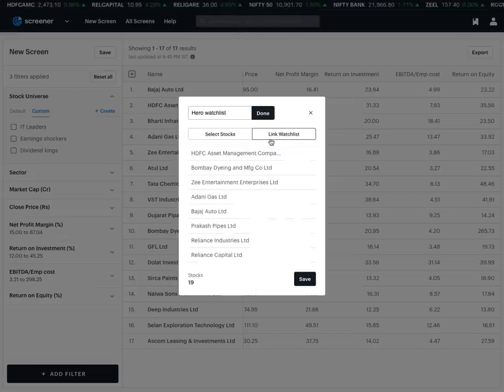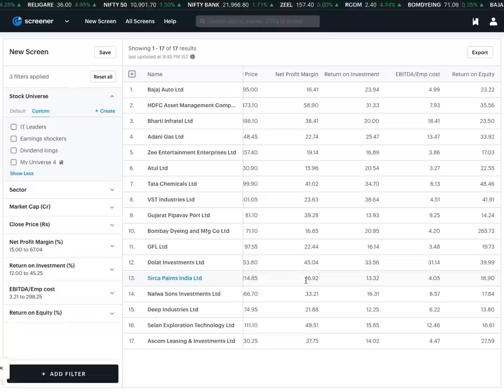Then I would create this, or otherwise I can just link my watch list. So let's go with the easy example in this one. Let's just link the watch list. Done. So my universe 4 got created and